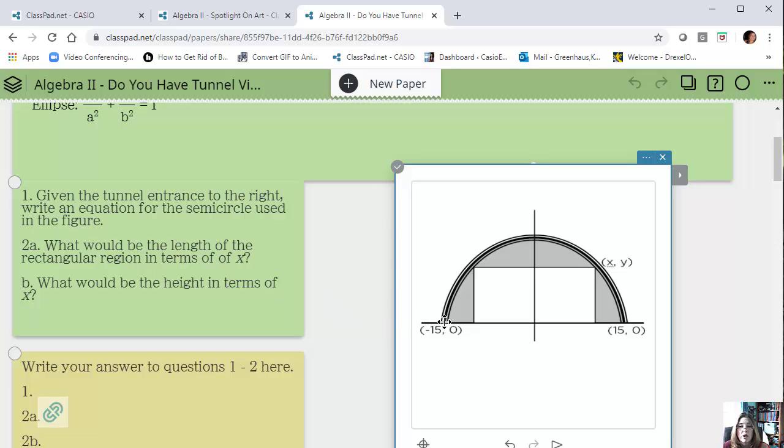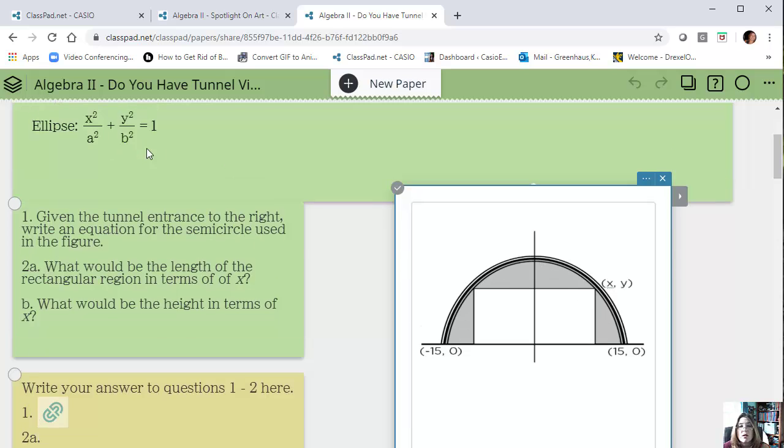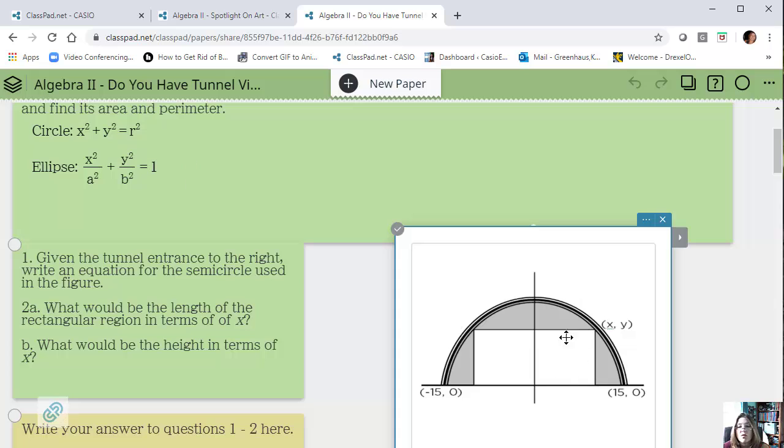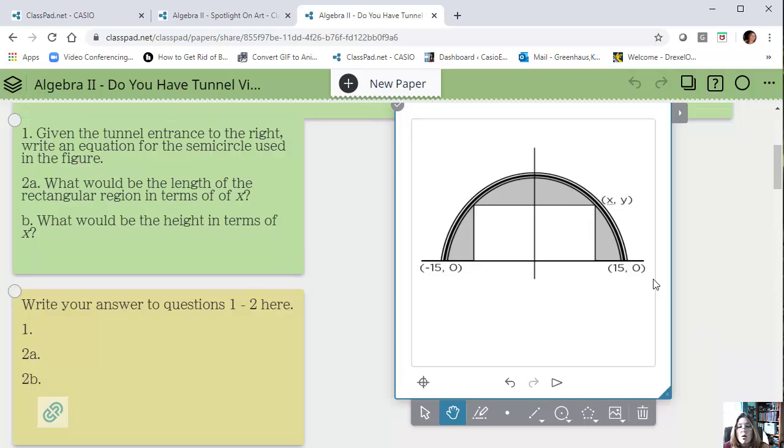So this is basically talking about a tunnel that's in the shape of a semicircle. And this is the rectangular area where cars actually enter, and they're going to be working on what's the perimeter, what's the area, and using these equations to help us figure out these numerical values. The nice thing is, it's on a geometry sticky. The first question is,